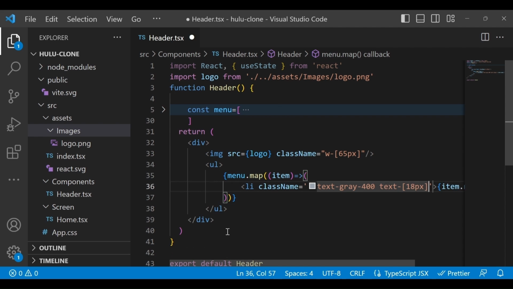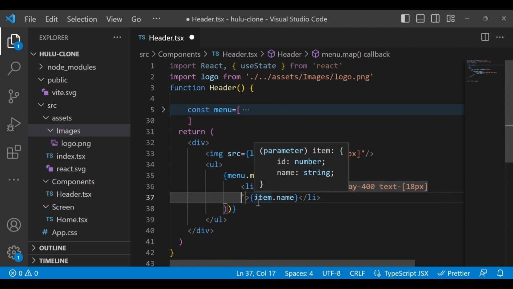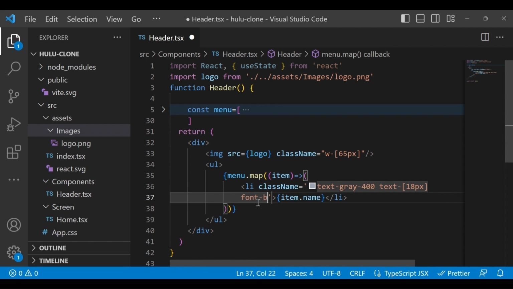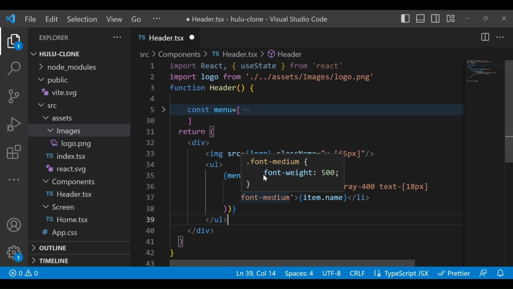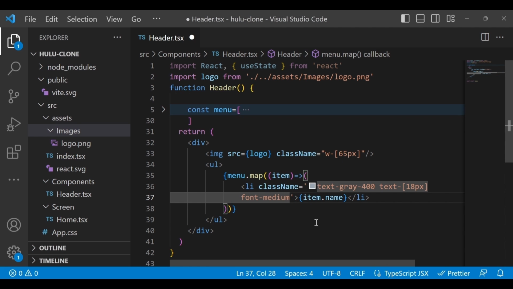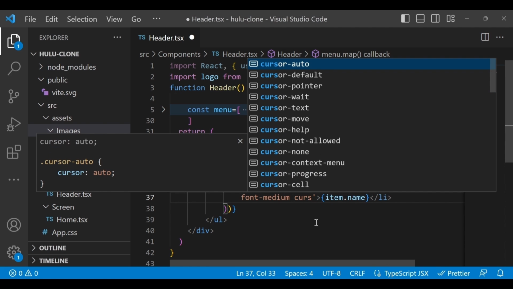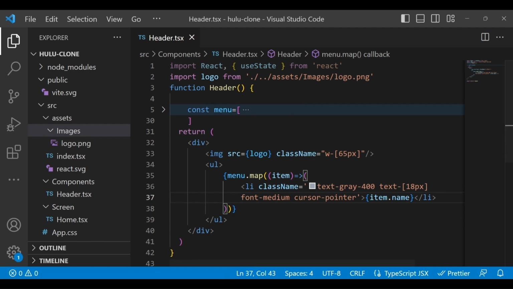Okay. And I will change the font, I will make it medium bold, so I will write font medium. If I hover on it, you will see this CSS property font-weight: 500, and I will make the cursor a pointer. Okay, and let's see how it looks.